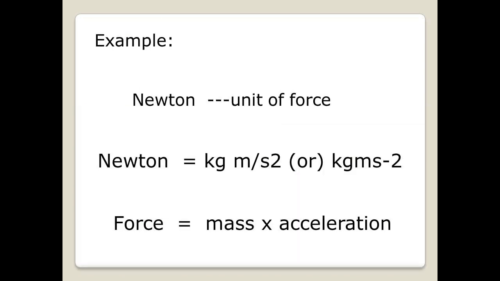Let's see one example of derived units. You already know that the force unit is Newton. So how are units derived? You already know the force formula: force is equal to mass into acceleration. You know the mass unit, kilogram, and the acceleration unit is meter second to the power minus 2. So when you multiply these two units, the mass unit and the acceleration unit, you will get the force unit. For force, we can write kilogram meter second to the power minus 2, or Newton. For the symbol, capital letter N.